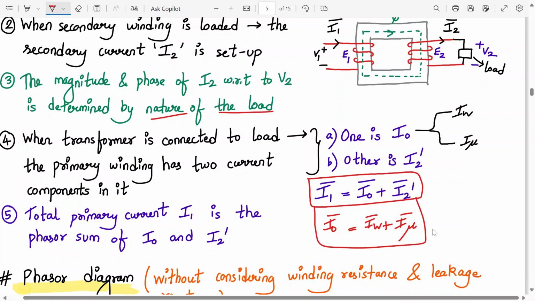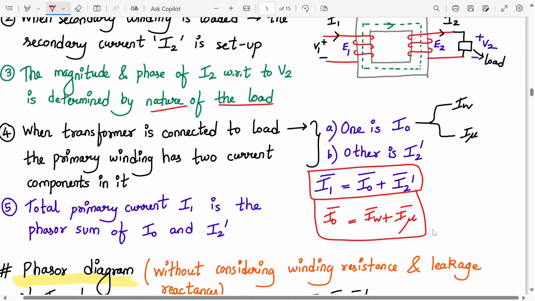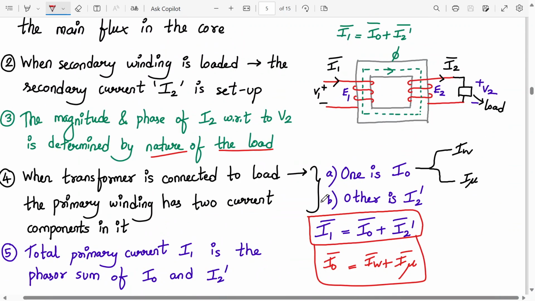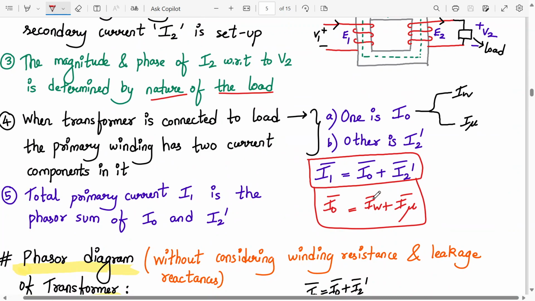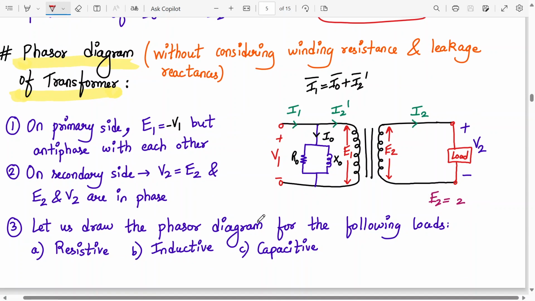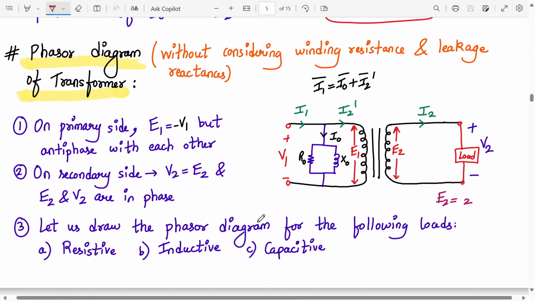Okay, so now we are coming to the important topic of the phasor diagram. First we'll draw the phasor diagram with load and without load. All of you ready? Yes, sir. Put this inside the box. I0 is IW plus I mu. I1, the primary current, is I0 plus I2 dash. So first topic, write down phasor diagram of the transformer